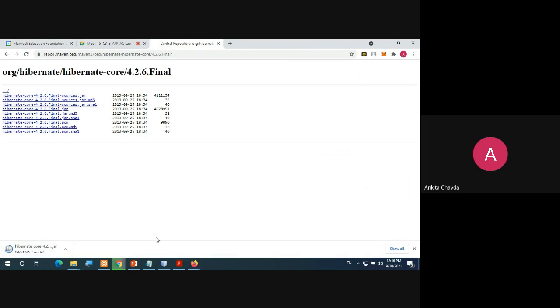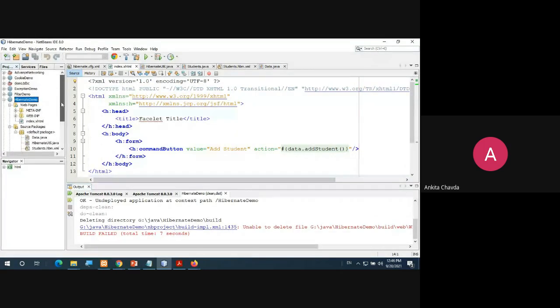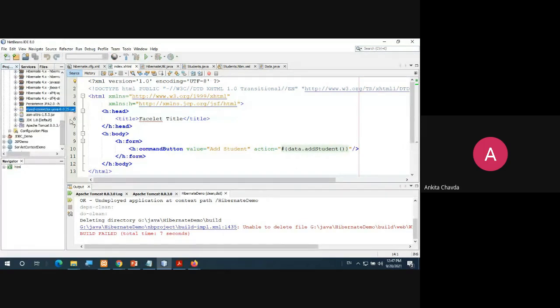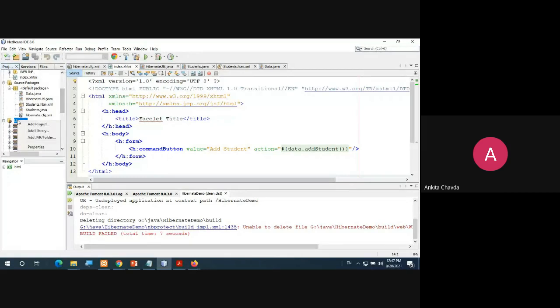If that is the problem, let us see again. But there are so many things in the library already, right? This CSS, MySQL I have also added, the attribute file also, and so many things are already there. Let's see what the problem is.